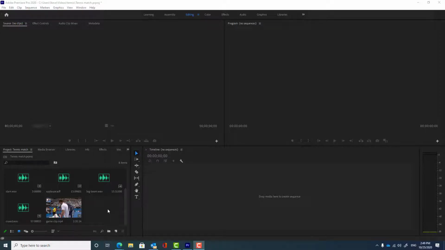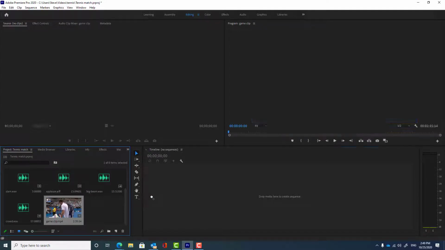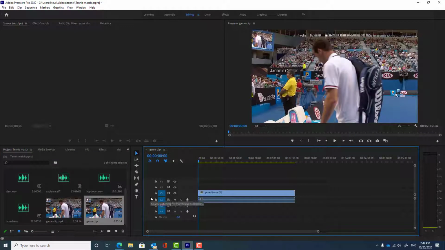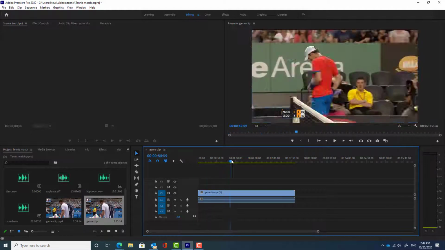To add a video or audio clip to your timeline, hover over the clip that you want, hold the left mouse button down and drag it and drop it onto your timeline. Notice this blue vertical line on the left with a blue square at the top. This is called the playhead, and you can hold your mouse down and drag through your video clip to any